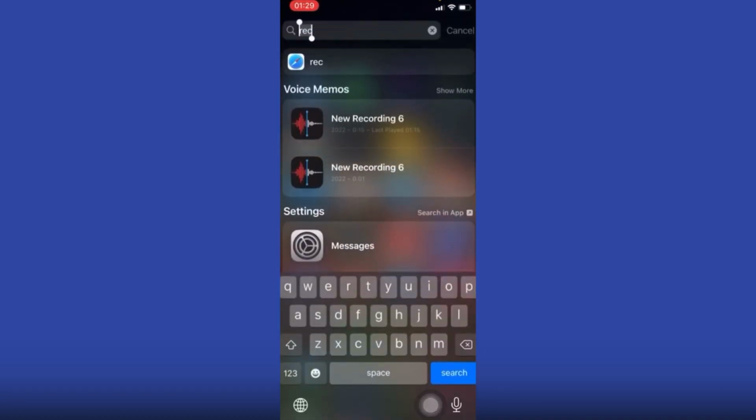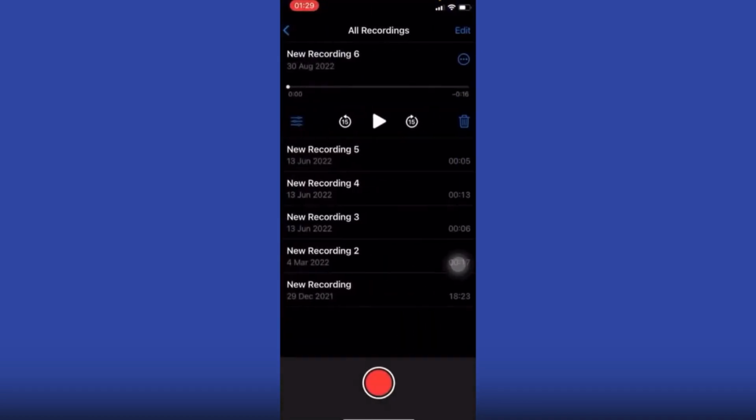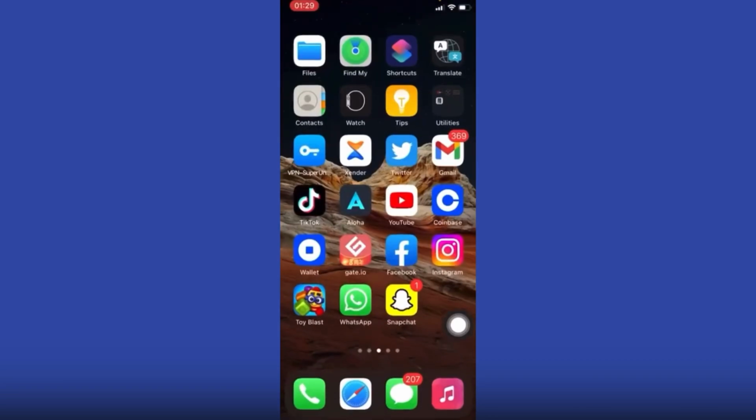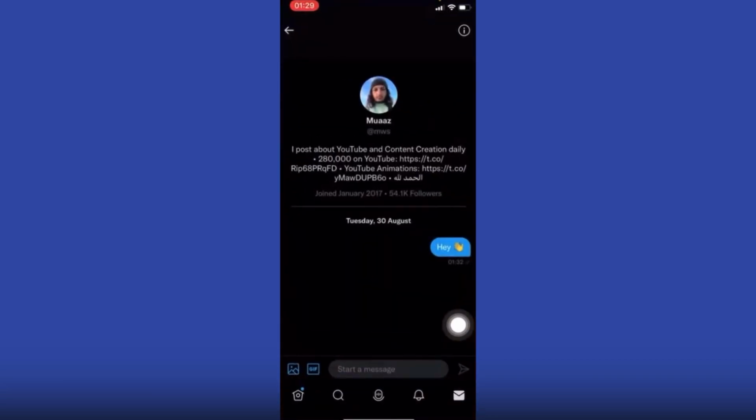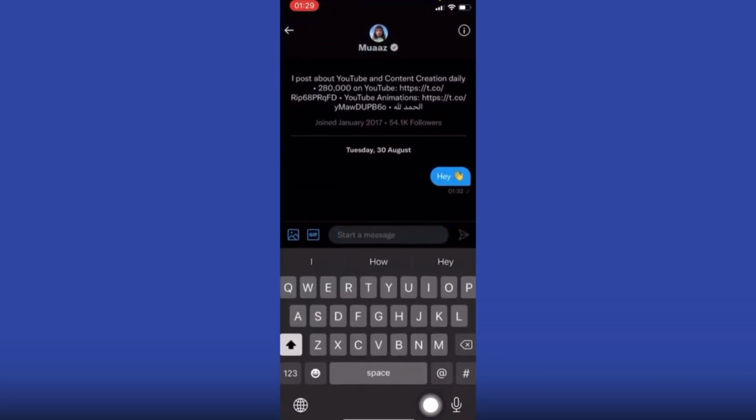do is definitely simple. You will go ahead inside your iPhone. If you are using an iPhone, you go ahead and tap into this option of record right here, and then tap on this button, the red button right here, and start recording yourself. And then after recording yourself, you go ahead and go into your Twitter account right here, and then send them